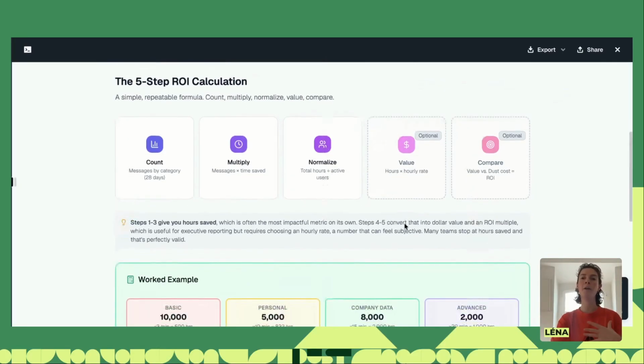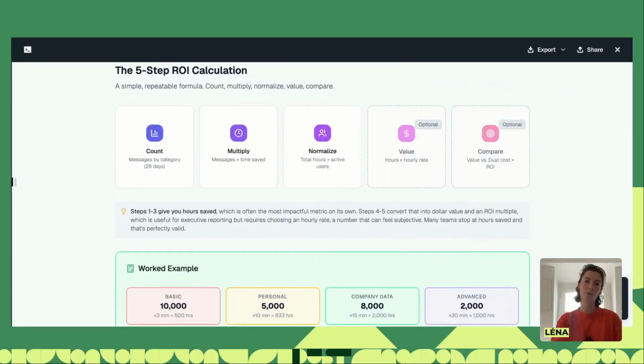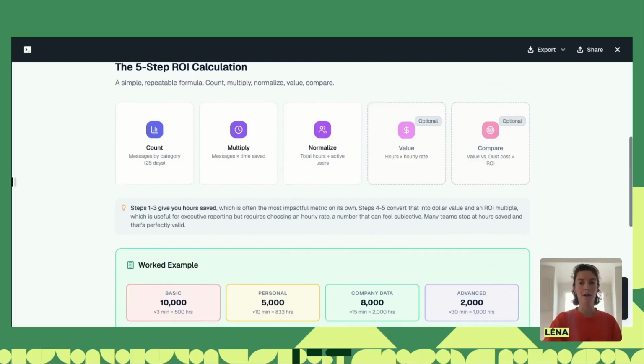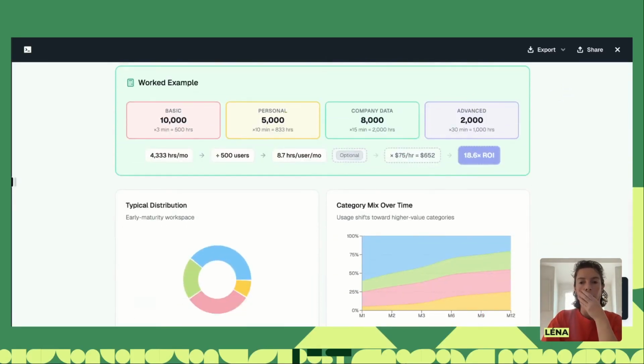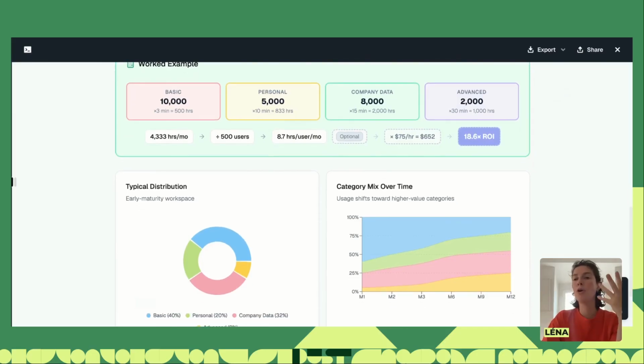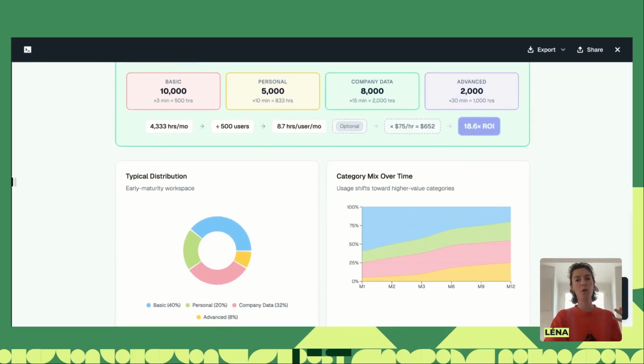And optionally, it can give customers the ability to then multiply by hourly rate, or compare to the cost of the licenses. But this is really something up to each customer, to go into the more value-money thing. So that's it. Maybe another more governance thing is that we do not only use this categorization to just